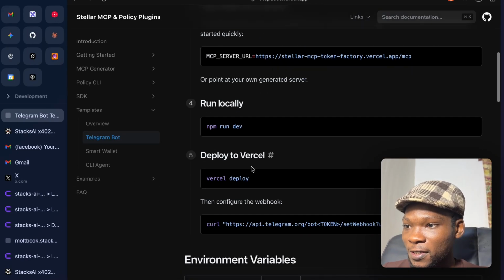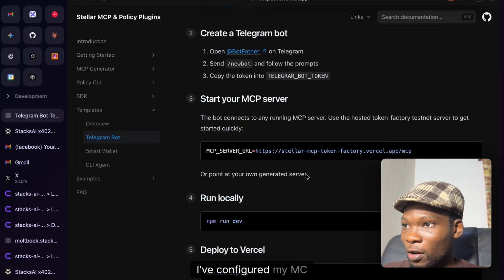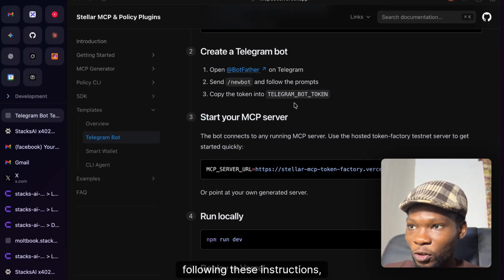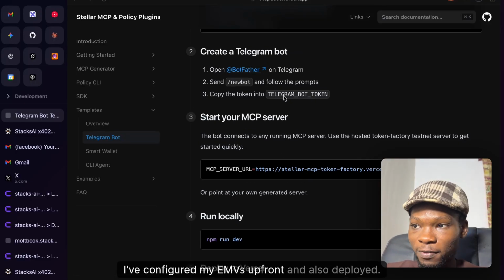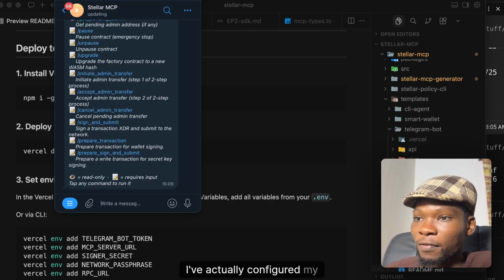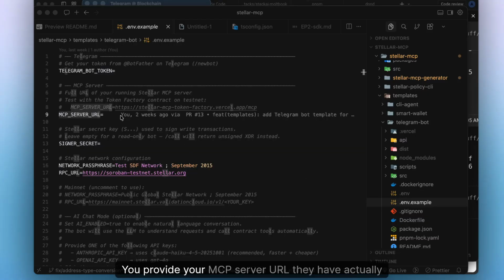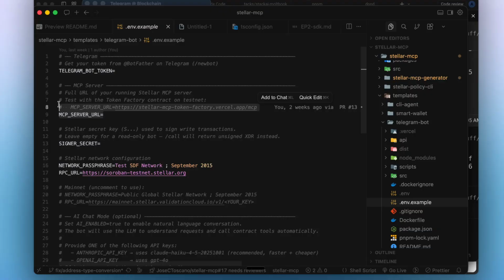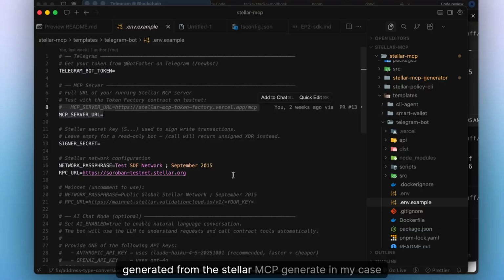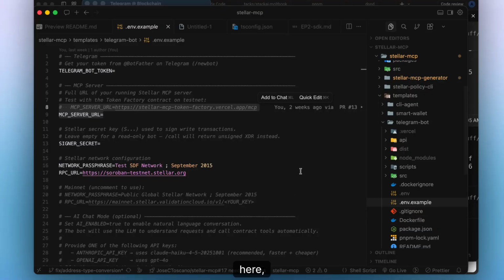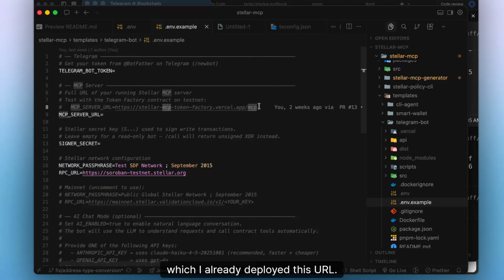Following these instructions, I've configured my ENVs upfront and also deployed. I can see it's currently live. How do you deploy your own templates, your Telegram bot, and more? You provide your MCP server URL that I've actually generated from the Stellar MCP generate. In my case here, I already deployed this URL,